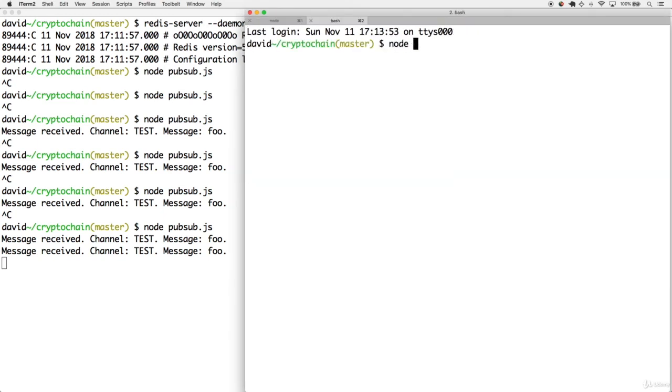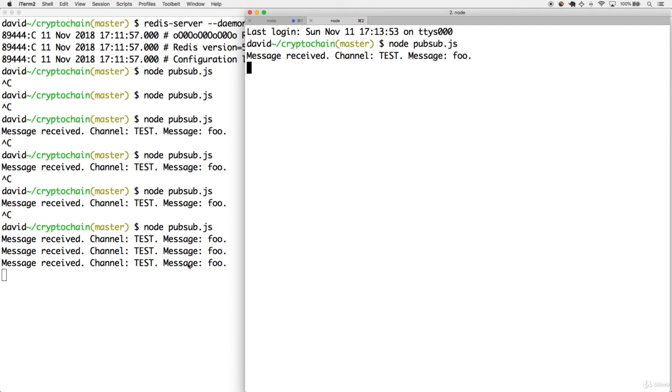We can fire as many of these as we want, and that original implementation is going to be ready to receive those messages on the test channel. Awesome. So this is how we're going to configure the peer-to-peer network in our blockchain application. We're going to take advantage of this pub/sub class to add publishers to specific channels that send information in the network. And then we're going to be subscribed to those channels so that way we're ready to receive